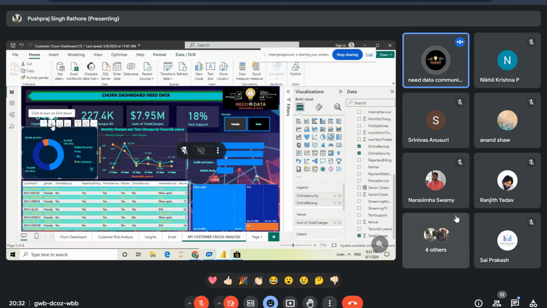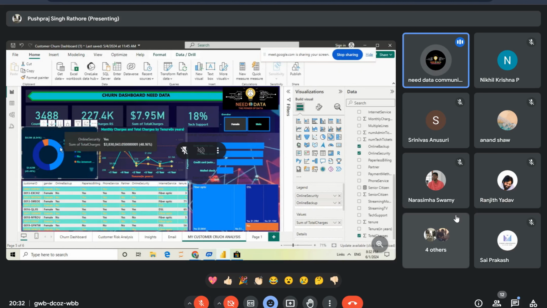When I click on the drill up and drill down feature, first it will be showing the online security, and then it will be showing the online backup. Here you can see the change to online backup. When I click on drill up, it will show the online security data set. When I drill down, it will show the online backup. So in one single chart, I can create two data set concepts: online security and online backup. When you hover over a particular column, you can find the total charge in value format,